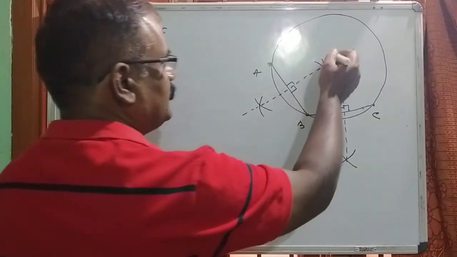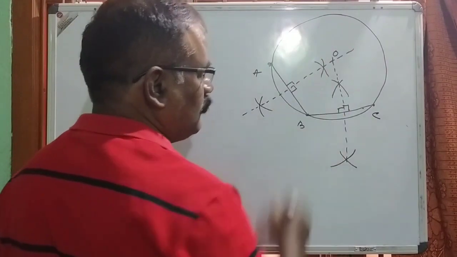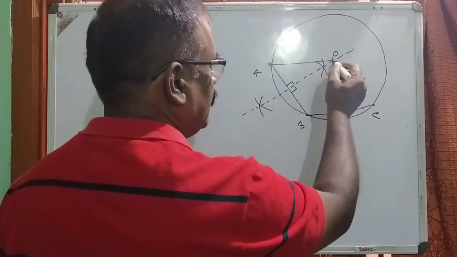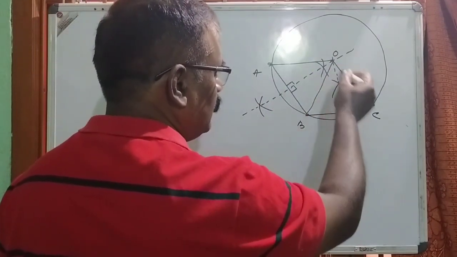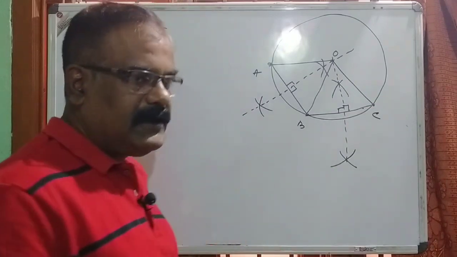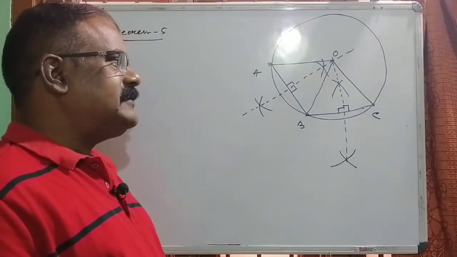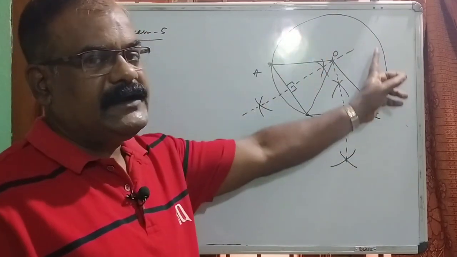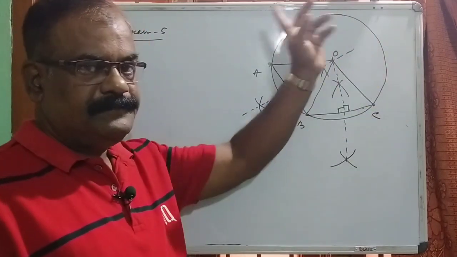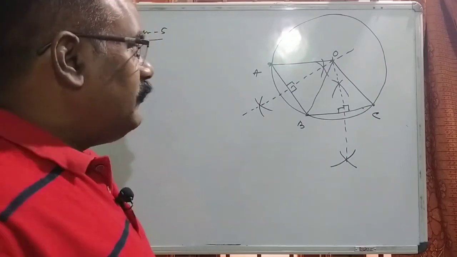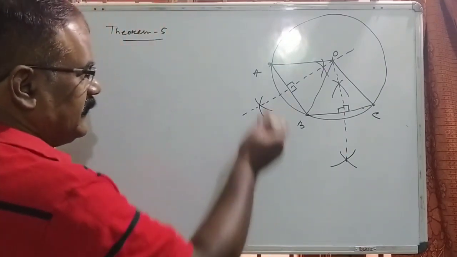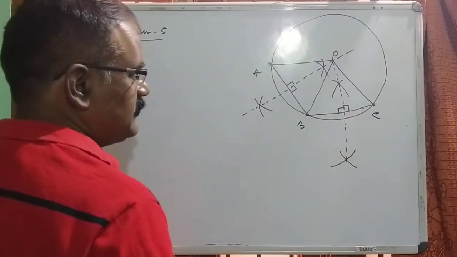Let us consider that the point of intersection is O. If we can prove that OA, OB and OC are 3 equal lengths, then taking OA, OB and OC as radius, if we draw a circle, it can pass through these 3 points. Now how will we prove this? Let A, B, C be 3 non-collinear points.